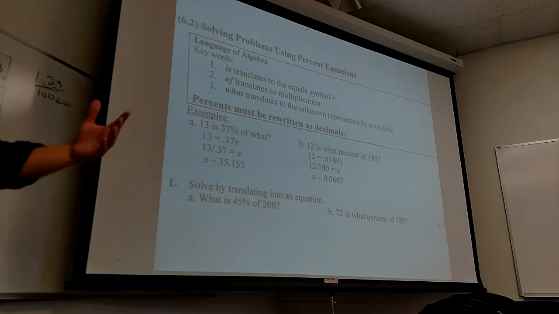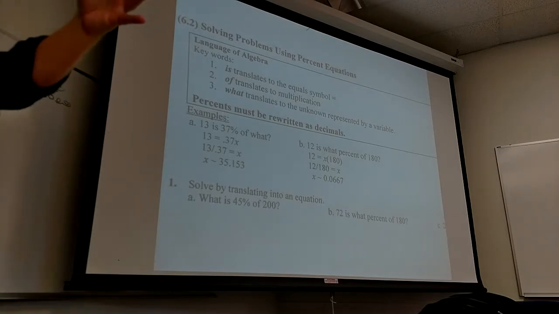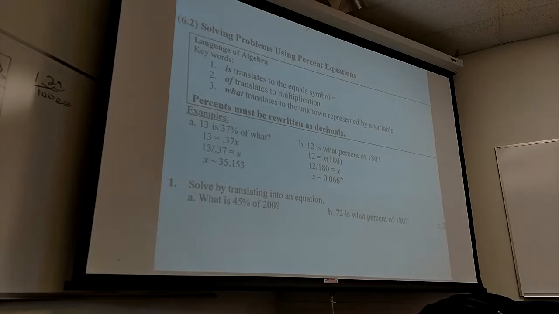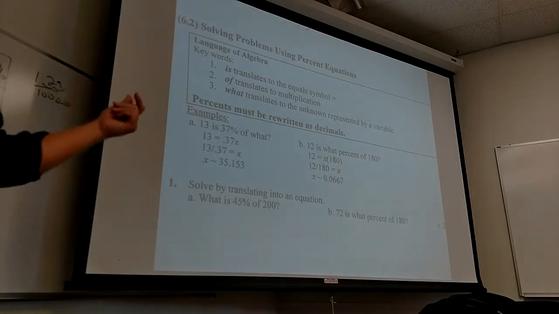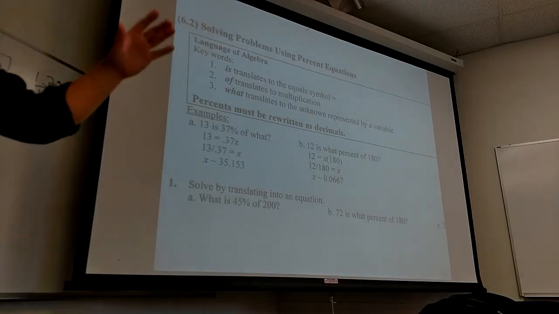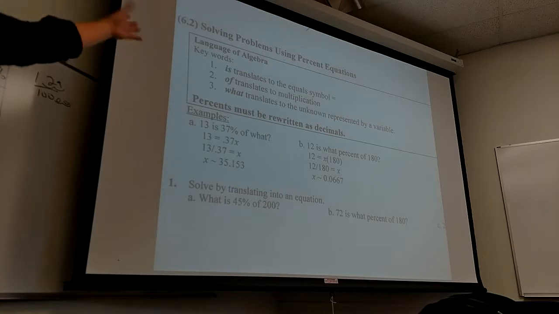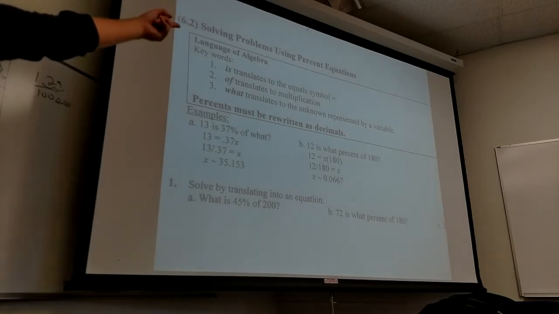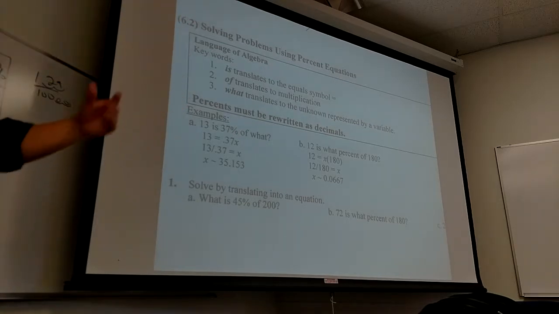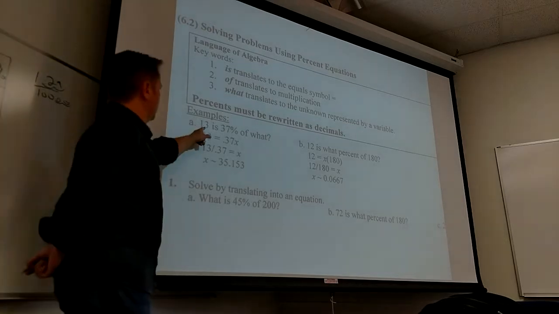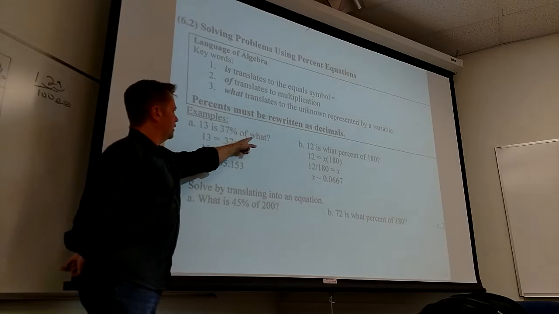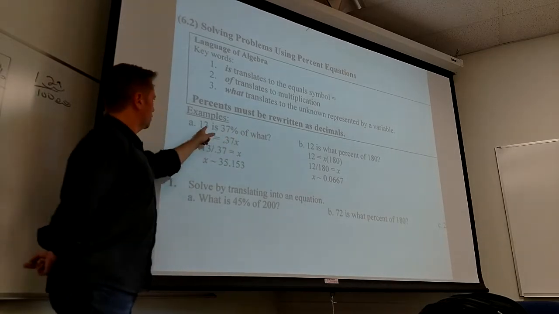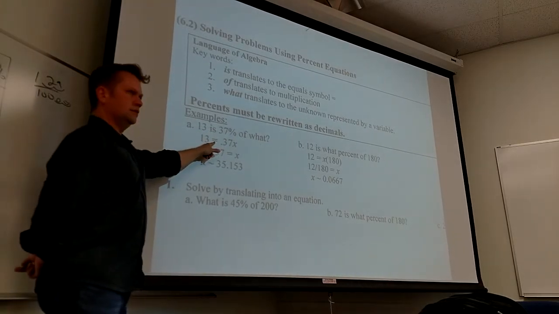30% of something means 0.3 times that thing. So of means multiply. This used to be just a known, of course it does. And nowadays it's like, what? And what is, of course, going to translate to X, because it's the piece I don't know. So 13 is 37% of what? So 13 equals